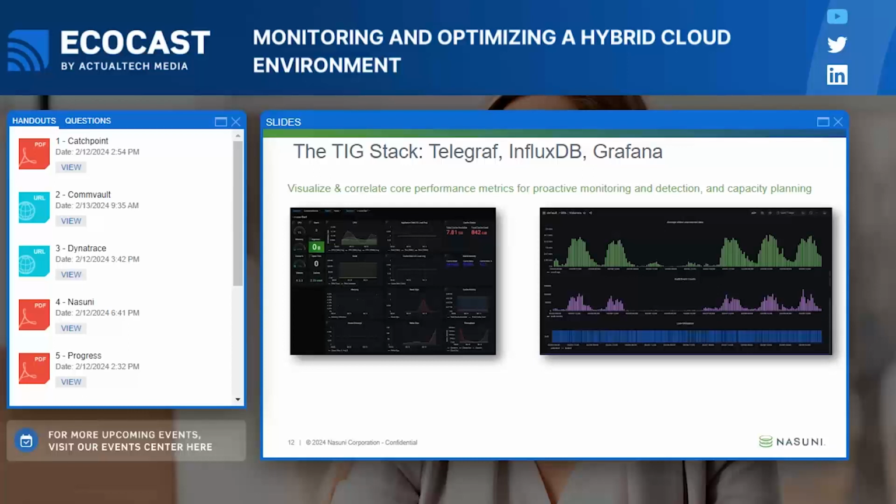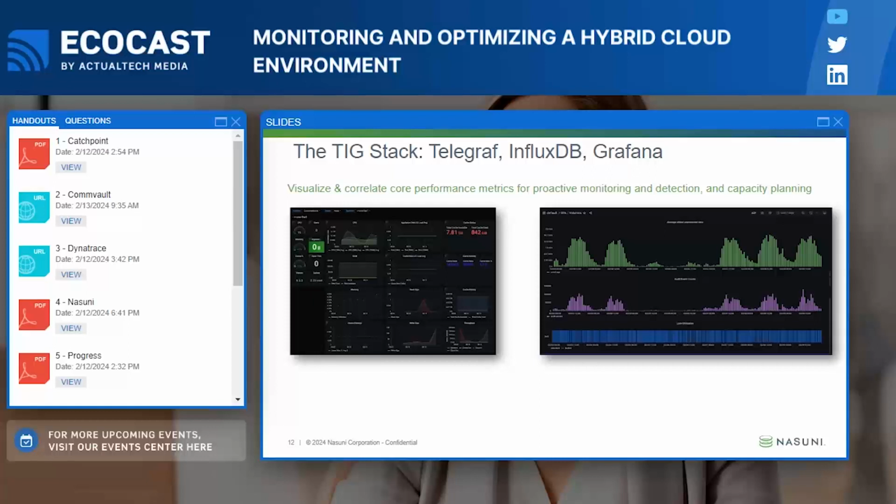If you're not familiar with the TIG stack, it's a very commonly used stack that you can use to monitor all different aspects of your hybrid cloud environment, or actually any kind of environment, hybrid or on-premise. TIG stands for Telegraf, which is a collector of data. Telegraf is a system which allows you to collect data from lots of different sources. It could be from AMQP sources, from message queues, from syslog servers, or from specific APIs into third-party servers. But Telegraf is this open platform that lots of other technologies have started to use to gather